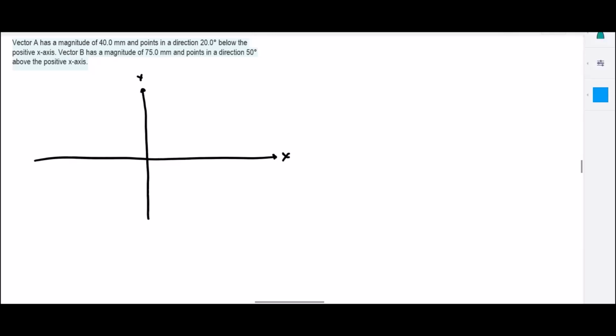So this is the positive x-axis here. Below it obviously would be down. And I'm going to eyeball this again. If I were doing this, ideally I'd be using a protractor and I'd measure the angle, but I'm going to eyeball it and say this is about 20